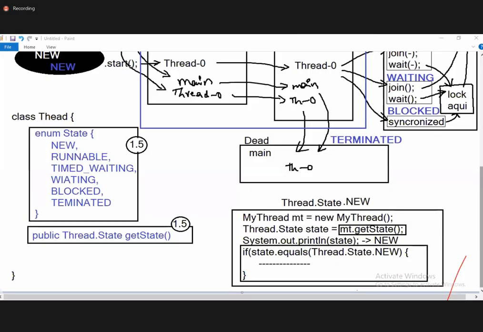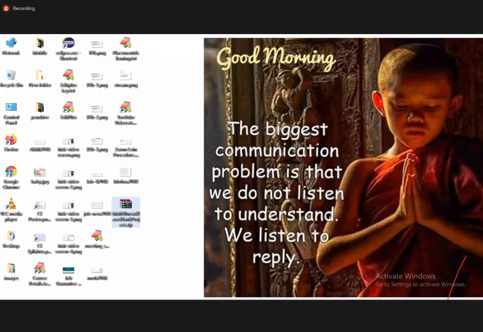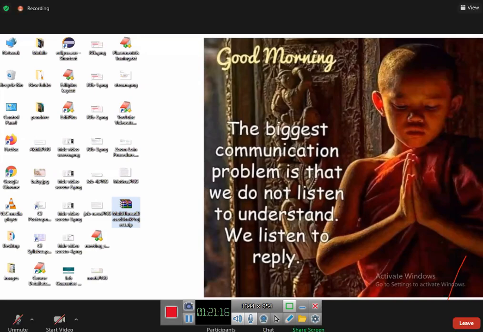Are you all ready to tell? Tell me, if I call the empty.getState method after the thread object is created, what state name will it return? New state will return, right? Okay. If you call the empty.getState method after the start method call, what state name will come? Runnable. Wonderful. Ready to run state is the old name, but